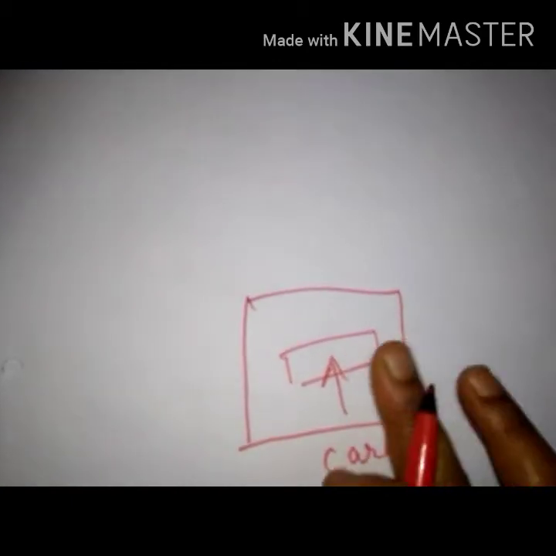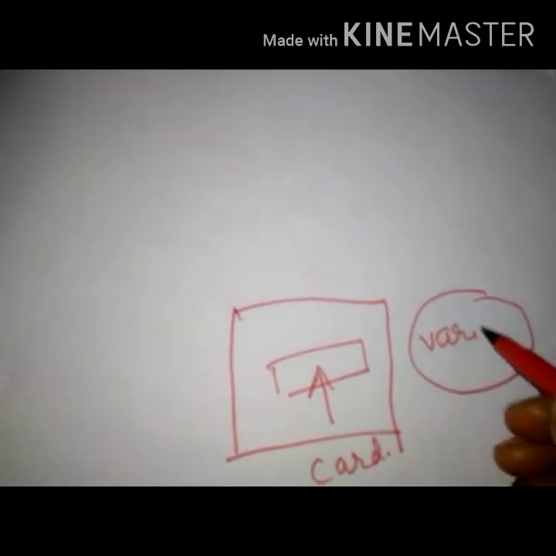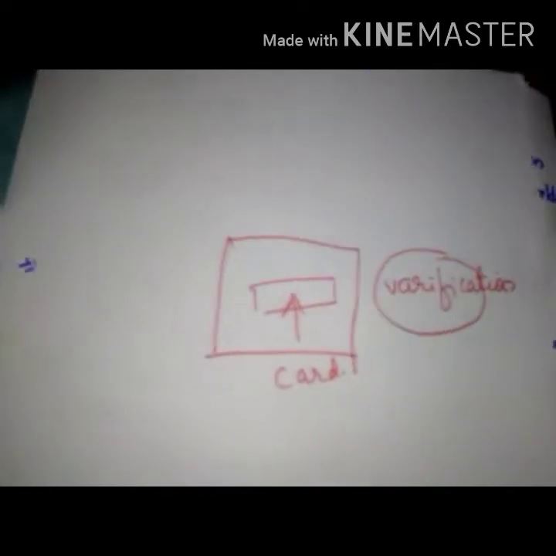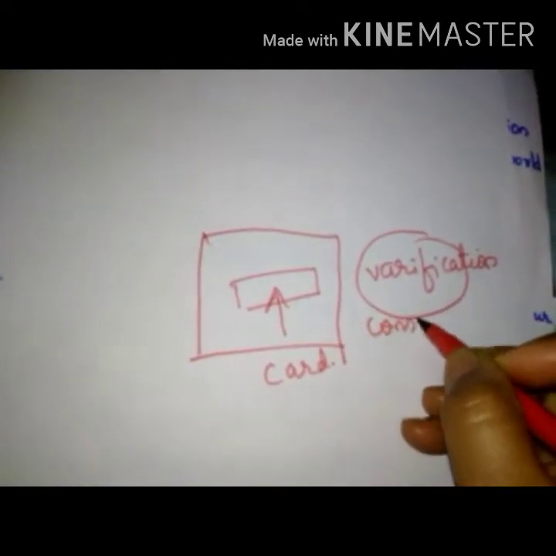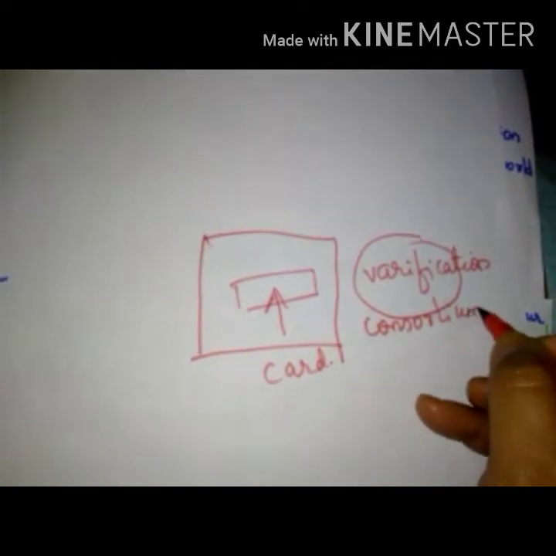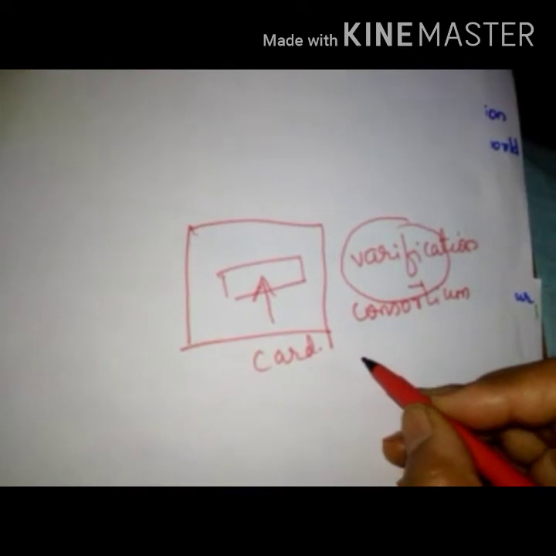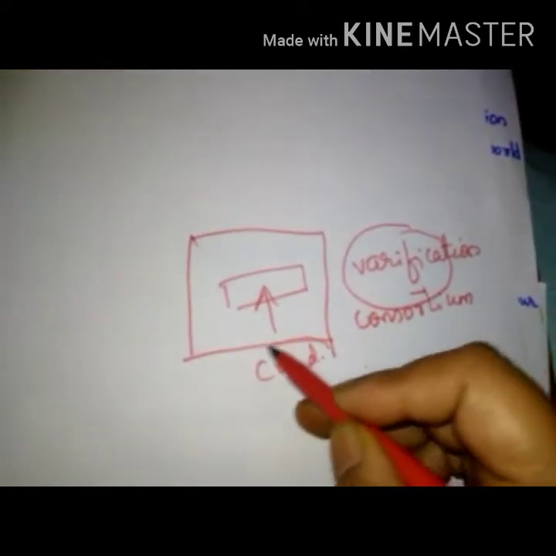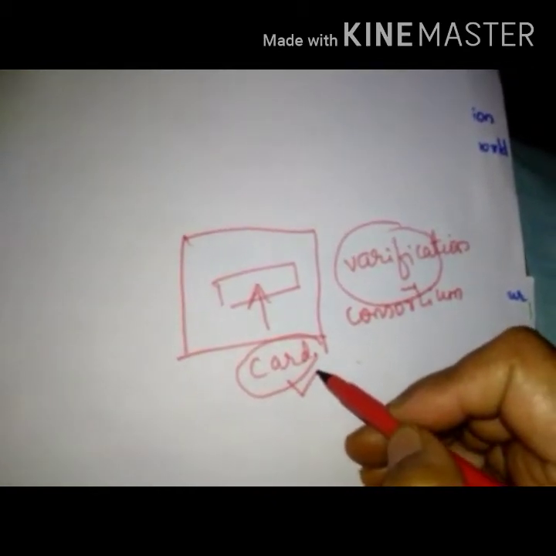Now when the user has inserted a card, at the background the verification will be happening. It is carrying out some verification at the background with the help of the information that is present in the consortium. So if the user has asked a query to check what is my current balance, it checks whether it is a valid card. If it is a valid card, who will give the information?